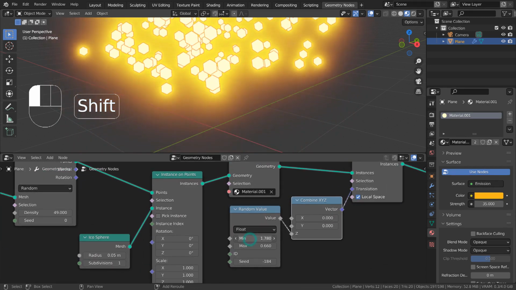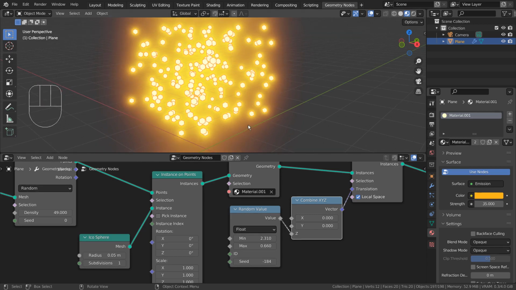We can customize the heights by adjusting the random values like this.